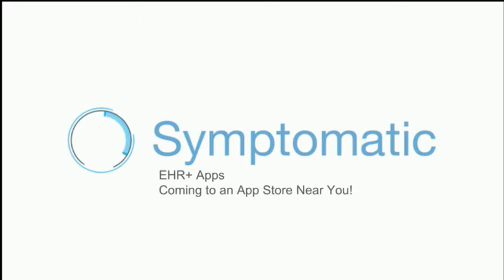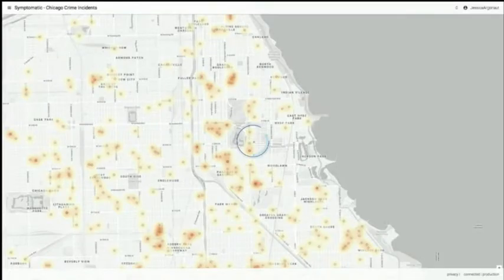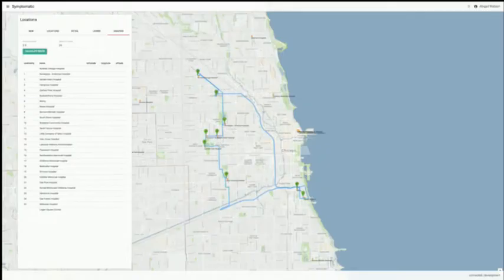I have been developing a business startup called Symptomatic that does EHR Plus apps, and we had a vision of some apps that we wanted to see in these emerging app stores. We have a longitudinal timeline. We have some investments in geo-mapping technology, epidemiology, and transit planning for patients. And we wanted to see these apps get into the market, and we were going to avail ourselves